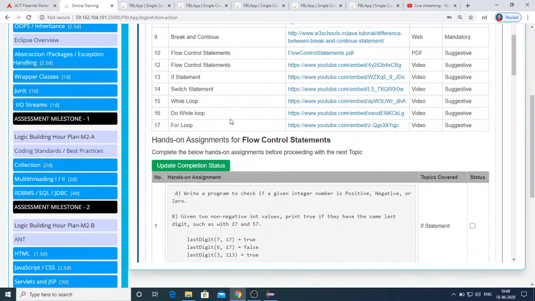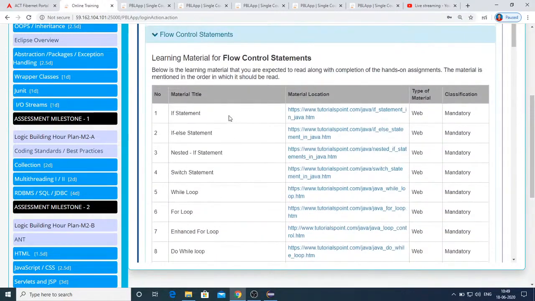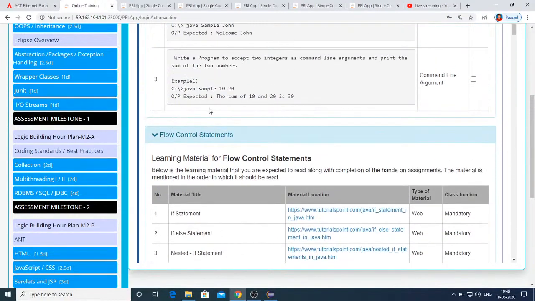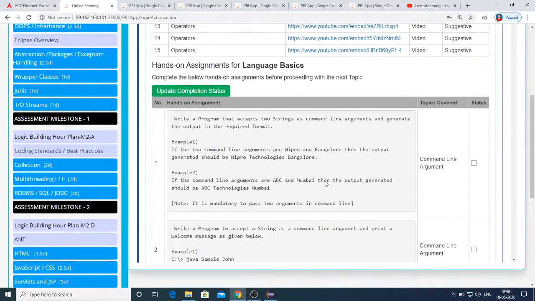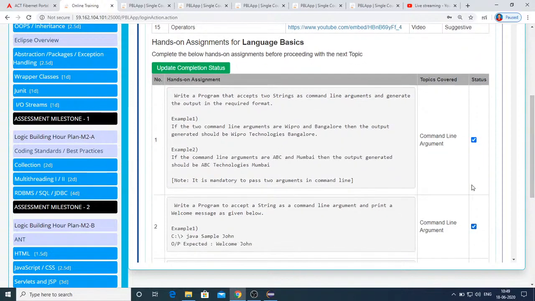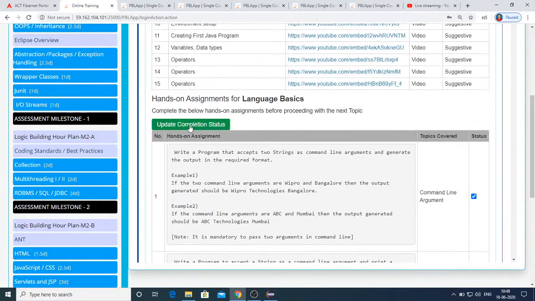Also, I mentioned as part of the concepts I am covering, here you can see the hands-on exercises. I want you to try them. It's not difficult, very easy. You can try them and explore, and after completing, click these check boxes and then click on update completion status.